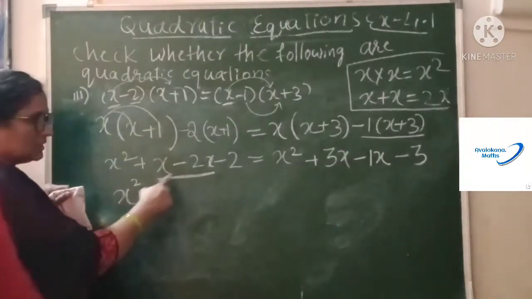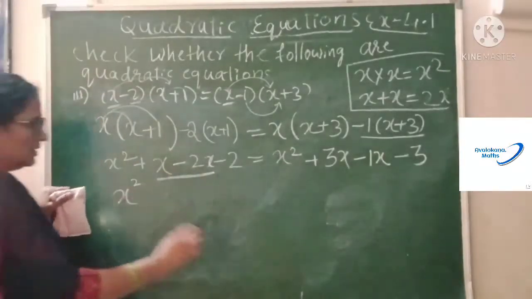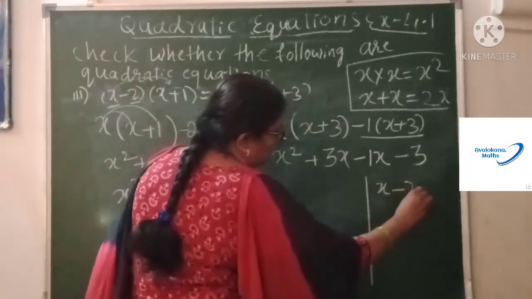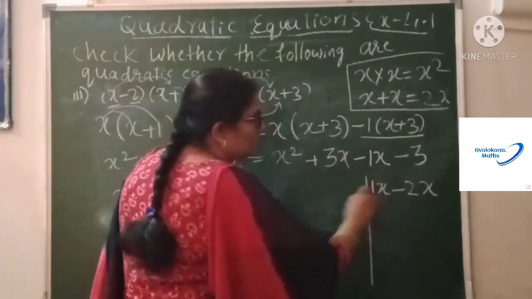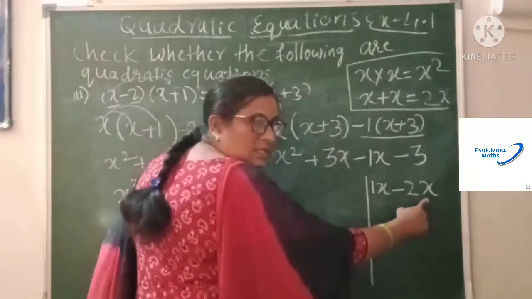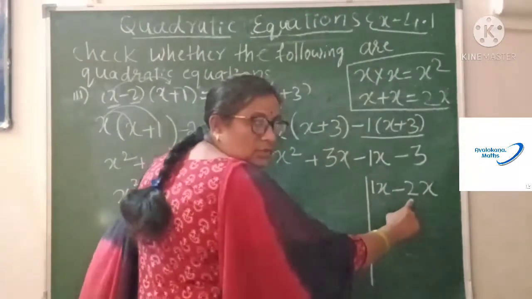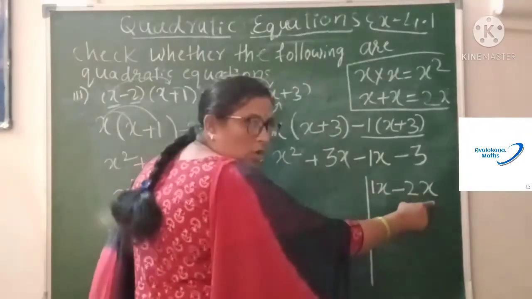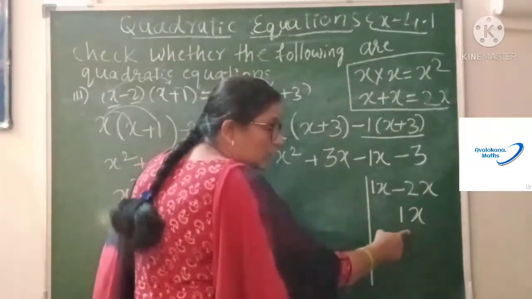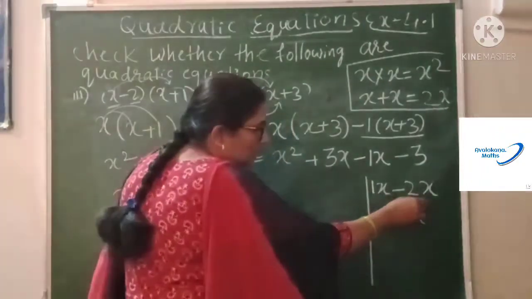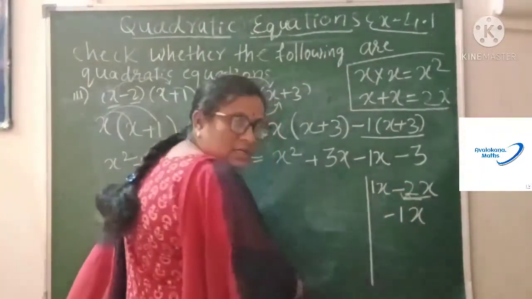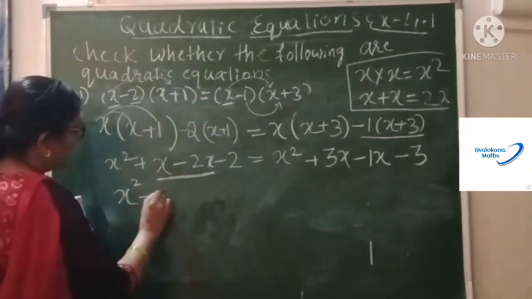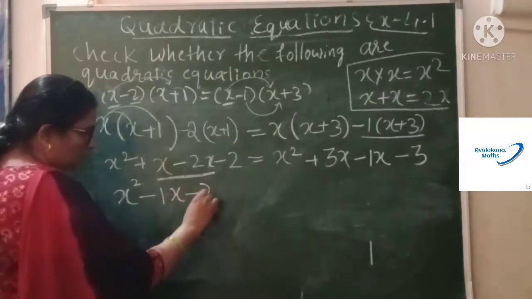This is plus x and minus x. Yes, just look at this one. I'll explain this step also. You have your plus x minus 2x. See children, this is nothing but 1x. 1x minus 2x, 1 minus 2 is 1 only, that is with x. That is 1 chocolate minus 2 chocolates. 1 chocolate minus 2 chocolates is 1 chocolate, but with minus sign because the bigger number is on the minus side. So you get here minus 1x. So you are getting here minus 1x minus 2 as it is.